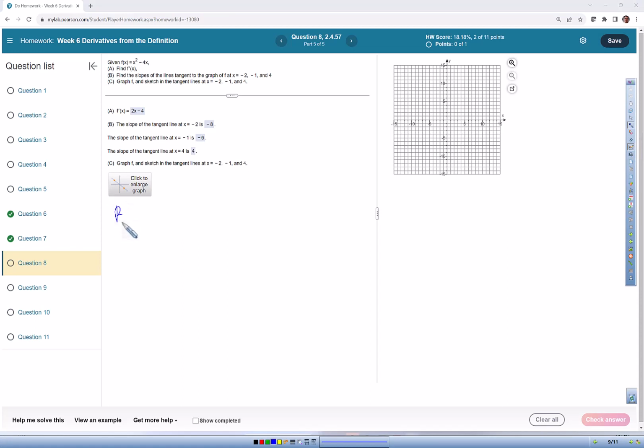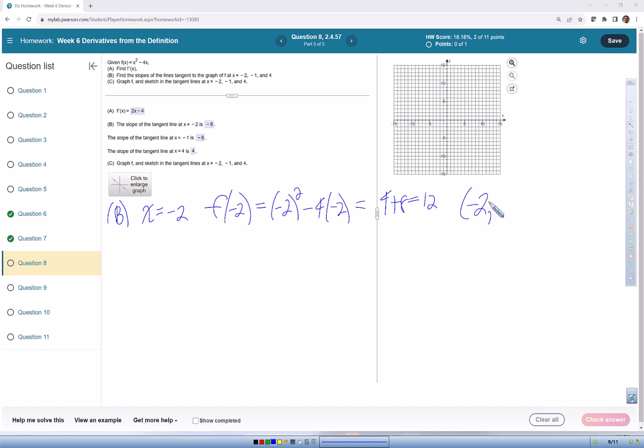So for part B, and for x equals -2, f at -2 is going to be -2 squared minus 4 times -2, so that's going to be 4 plus 8, which is 12. So that means I have -2, 12. That's my x1, y1, and then my slope is